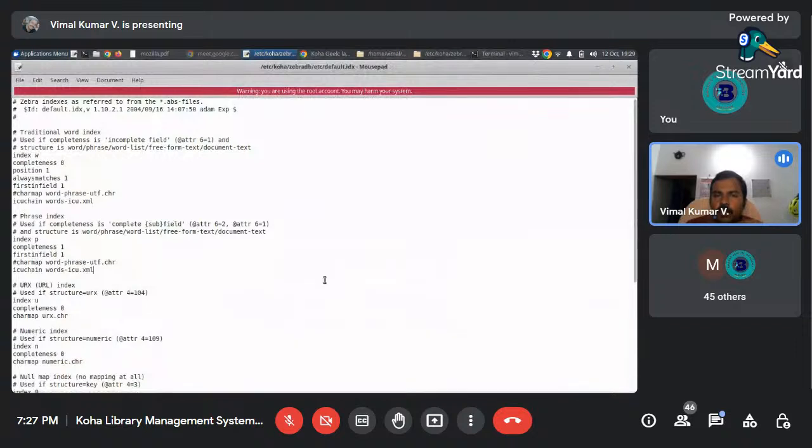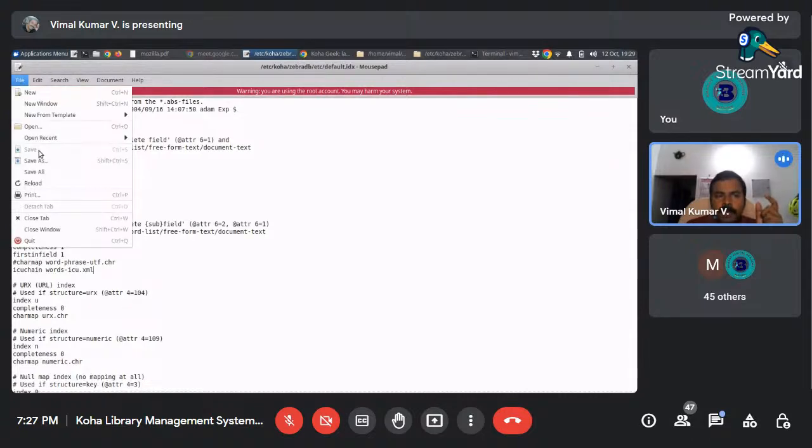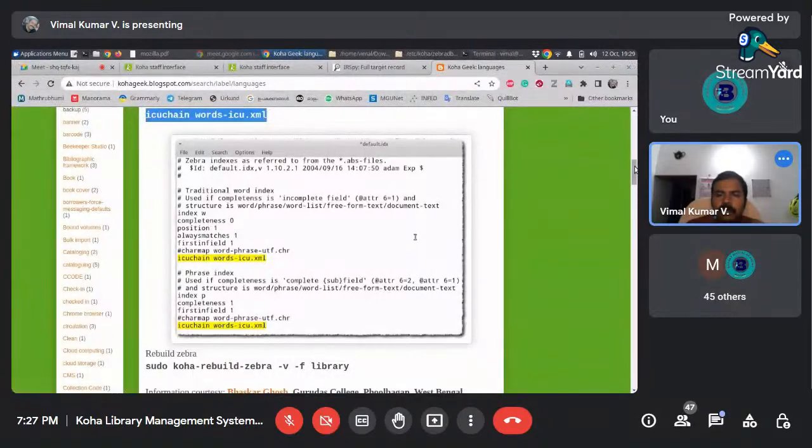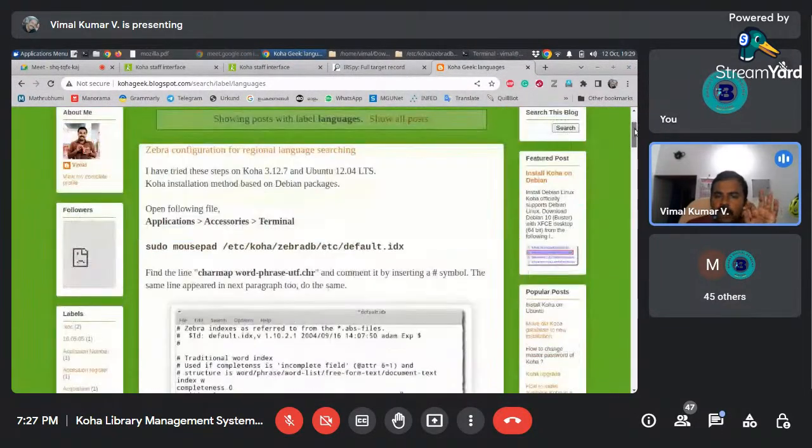This is a notepad. It's called mousepad. We open these configuration files using this mousepad. After making changes, file, save, and close it. Suppose you have bibliographical details in